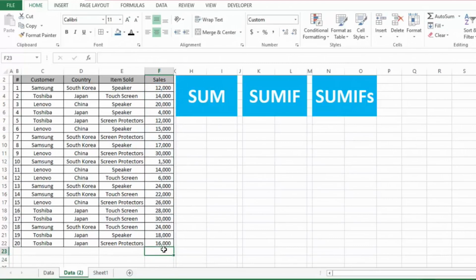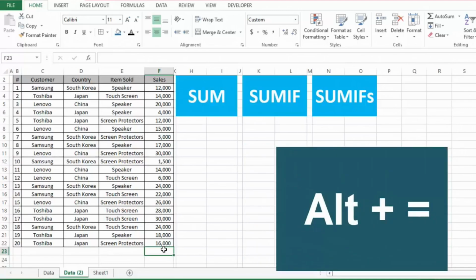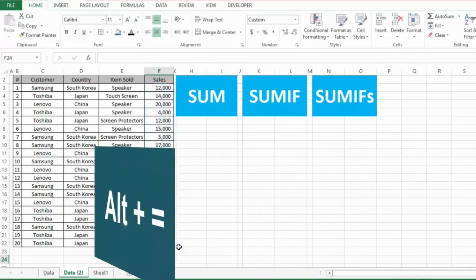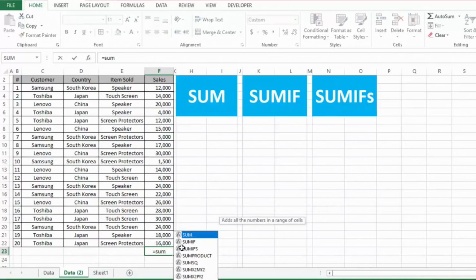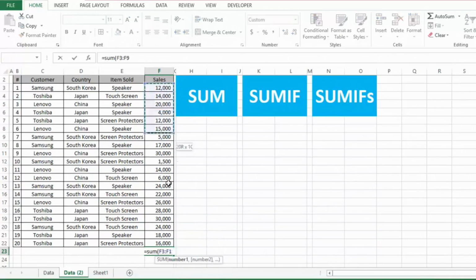The third way to find the sum is to use the shortcut key for this SUM function. The shortcut key is to use Alt and the equal sign at the same time. So I will press Alt plus equal and you will see this complete range of values has been selected, and then I will press enter. This will give us the sum of these values. The fourth way to find the sum is to simply use the SUM function by manually writing equal SUM, open parenthesis, then selecting this range, close parenthesis, and this is the sum of these values.